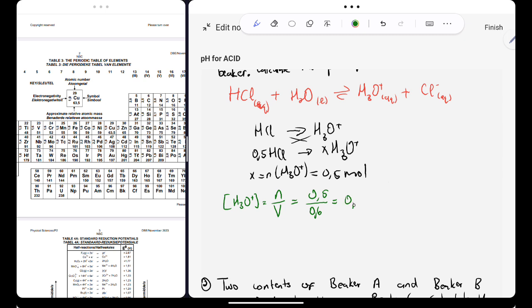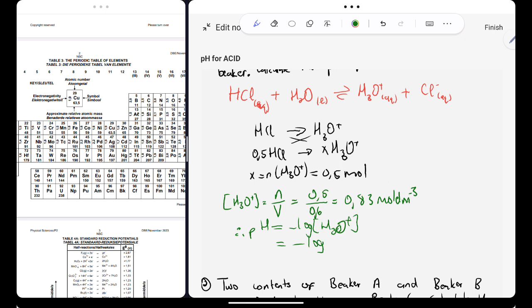I'll get 0.83 moles per cubic decimeter. So therefore my pH will be equal to negative log of the concentration of hydronium ions, which is simply